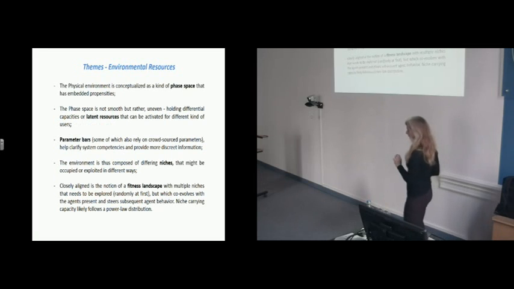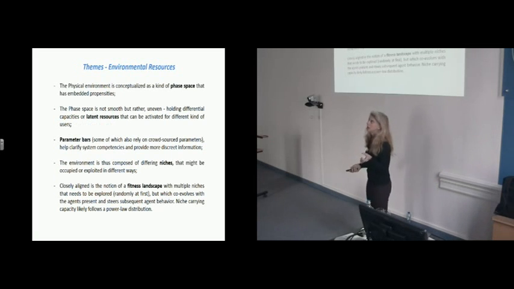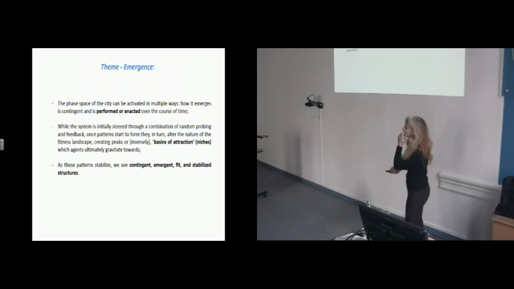And then another aspect was tying the agents to different parameters. So if the physical environment is conceived as having a lot of different capacities, then maybe there are different niches, different latent resources. And how do we discover niches? We looked at parameter bars as a way in which you could signal, okay, this parameter is important to a certain percentage of agents in the system, but to others not so. I'm going to go a little bit more quickly.